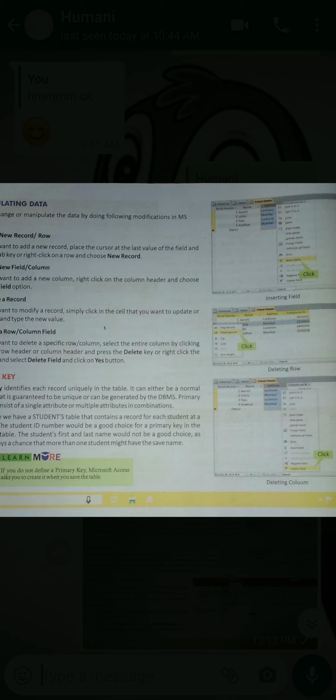Roll number is unique for a class, meaning in a class only one student will have the roll number 1, and only one will have number 2, number 3, like this. No two students will get the same roll number in the same class.